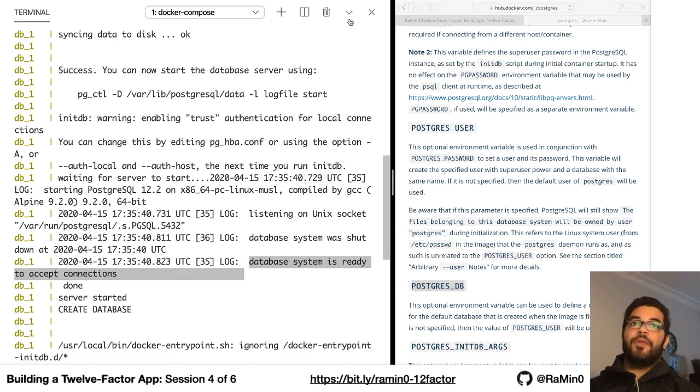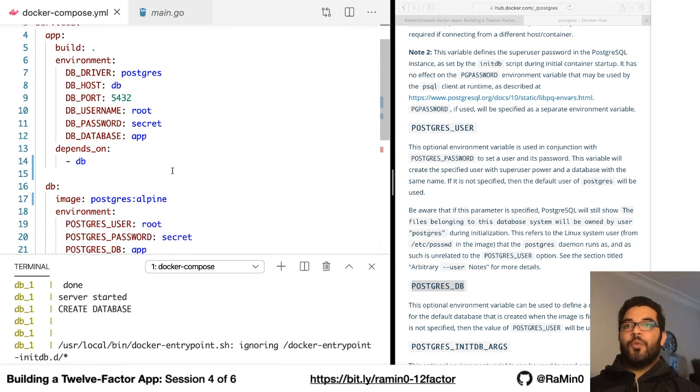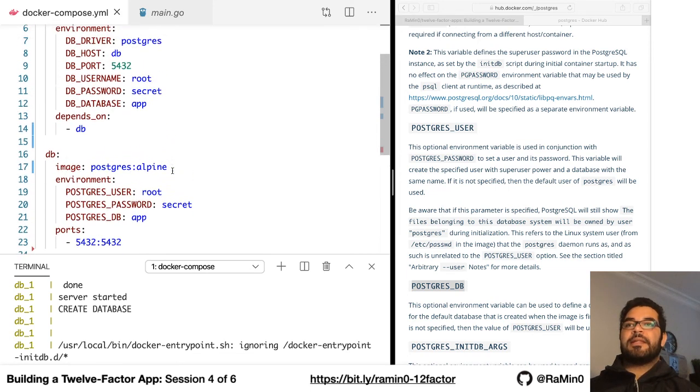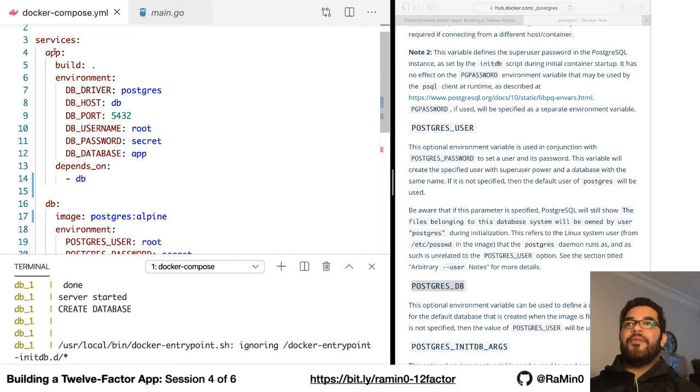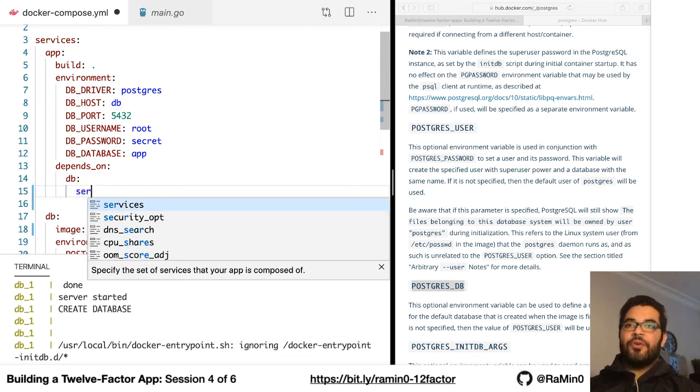Okay, and to do that, this is why I mentioned we need version 2.1 of this Docker Compose file, because later versions do not support this feature. So what we can do here is tell the app service that it depends on DB, but not just depends on it being started. It needs to also